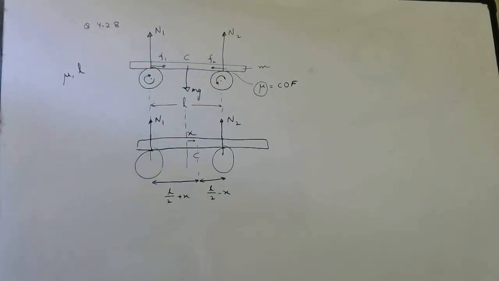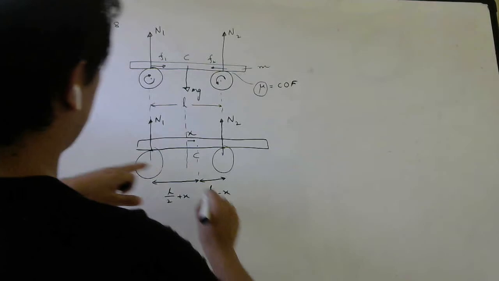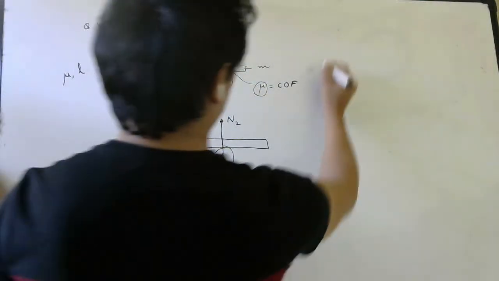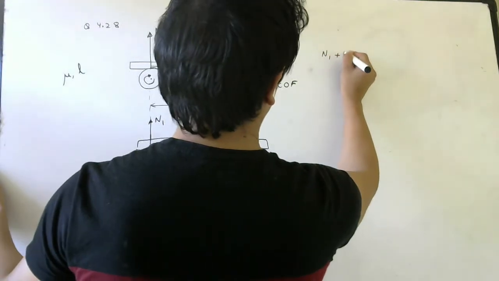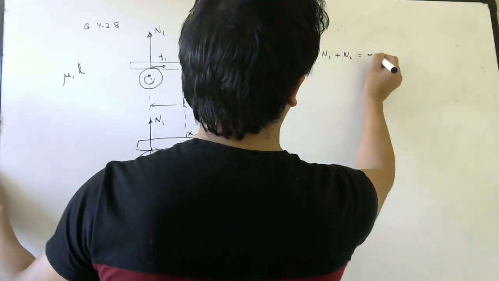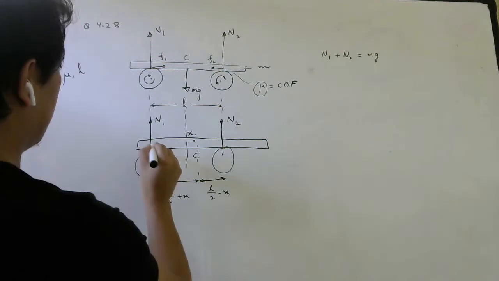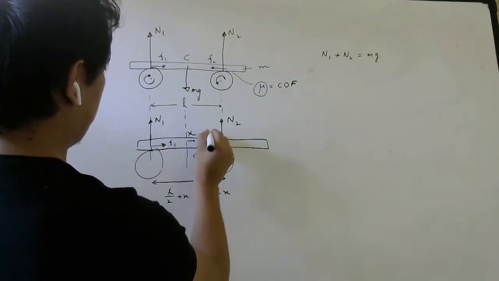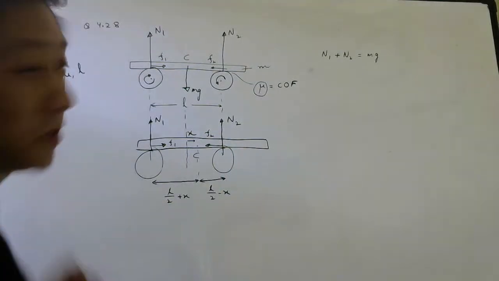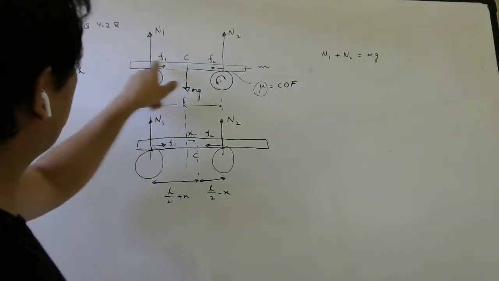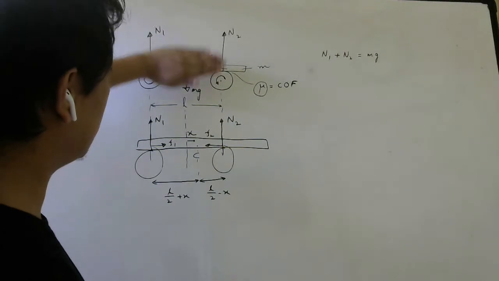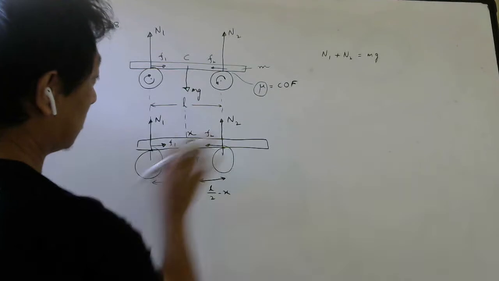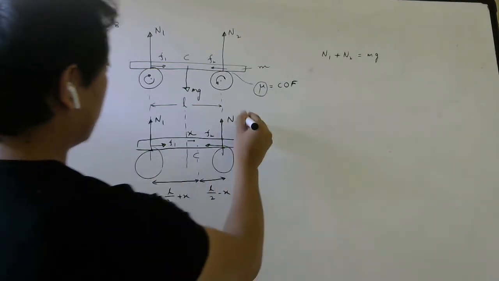Okay, so let us now understand. See, vertically there is no motion. So vertically N1 plus N2 should still balance mg. And here friction is towards my left, F1. Here friction is towards my right, F2. Now try to understand this important point. Initially F1 and F2 were equal because it was in equilibrium. The moment you shift it towards the right, and the displacement is towards the right, N2 will become more than N1,